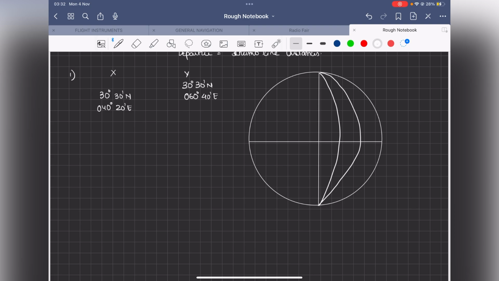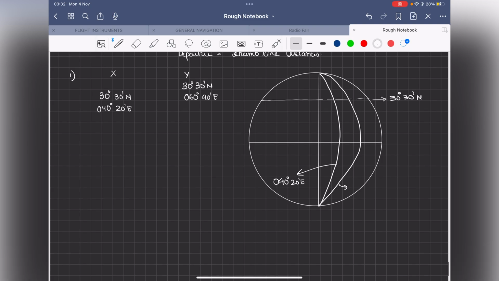Now I know they both are at the same latitude, right? This latitude is 30 degrees 30 minutes north. Fine. Now this is 40 degrees 20 minutes east, or 040 degrees 20 minutes east, and this is 060 degrees